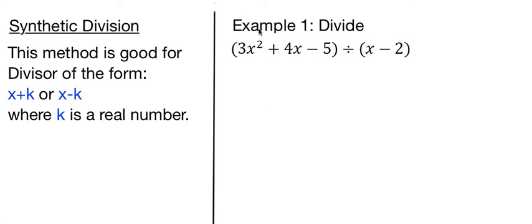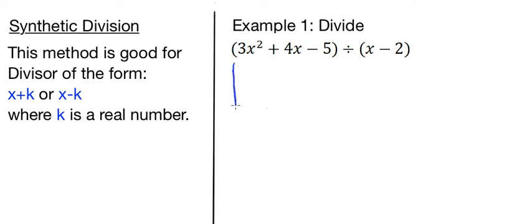this example 1. Suppose they ask you to divide 3x squared plus 4x minus 5 by this divisor x minus 2, which is of the form x minus something, right? So which means that we can apply this method. Okay, first thing you do,